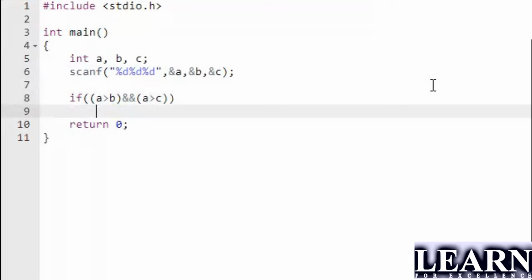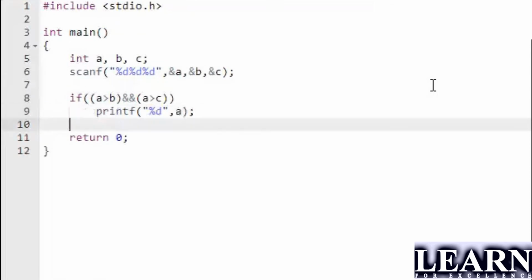Okay, if A is greater, then what do I have to do? I have to print percentage D, the value of A. Similarly, I'll move on to the next one, that is nothing but else